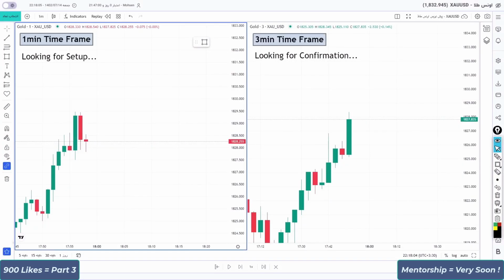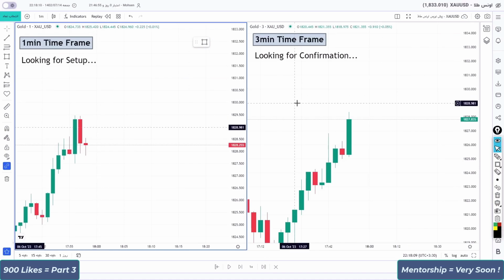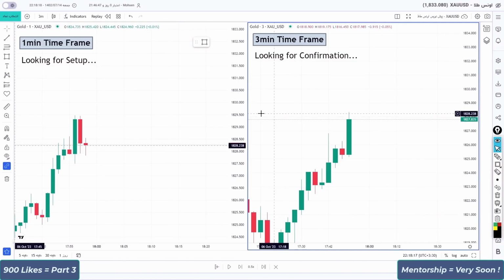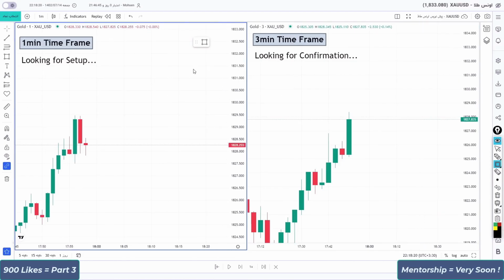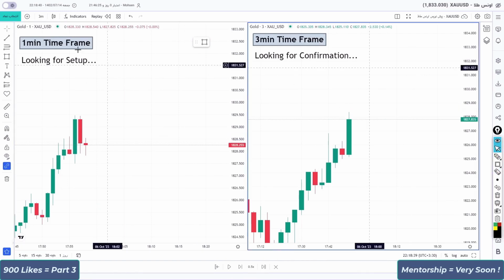Okay, now look at this example, guys. I was thinking of an idea to show you the 1 minute time frame and the 3 minute time frame at the same time, and then I came up with this idea of playing them side by side. So we have the same chart here, which is gold in this case. It doesn't matter which chart it is. It can be Euro USD, it can be AUD CHF. The only thing that matters is this is the 1 minute time frame and this is the 3 minute